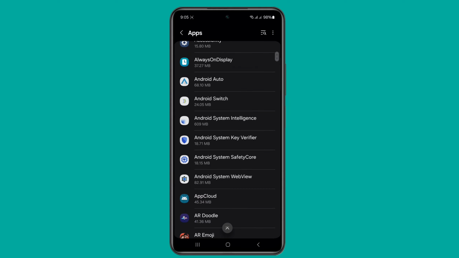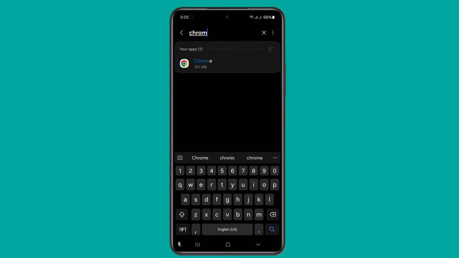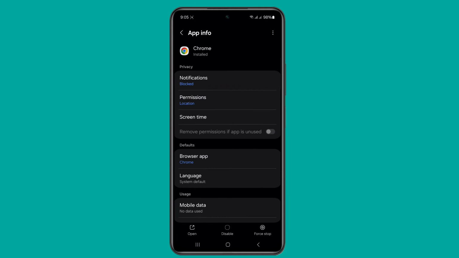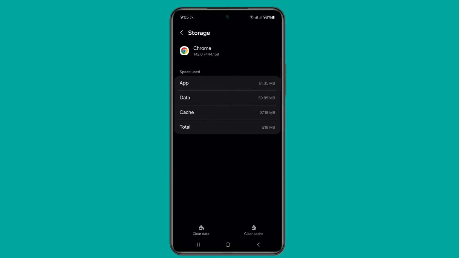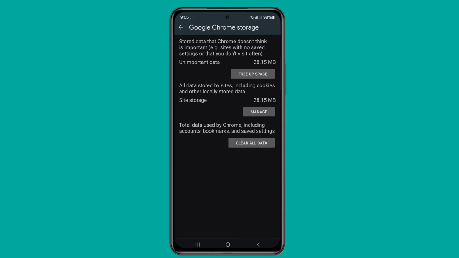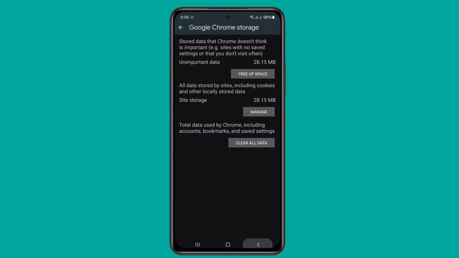click on apps, click on search icon, search for Chrome, click here. Now scroll down a little bit, click on storage, click on clear cache and clear data, click on clear all data, click on OK,